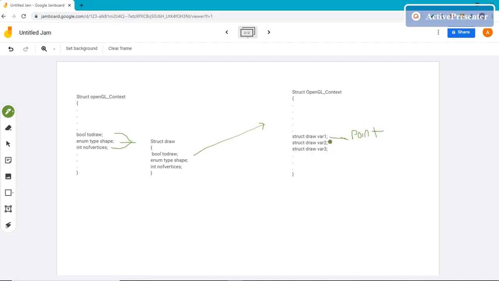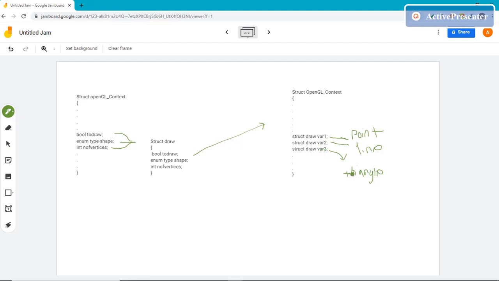I can use this variable 2 to draw a line. I can use this variable 3 to draw a triangle. Very easily. I don't have to configure all the three variables every time. Instead, I can just use these three variables anywhere I want in my program.